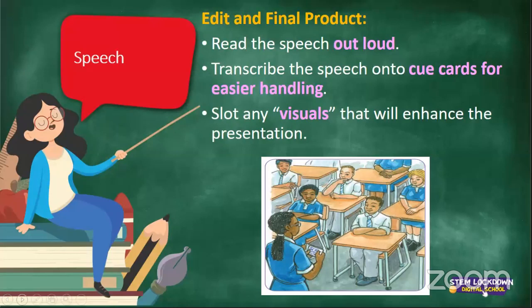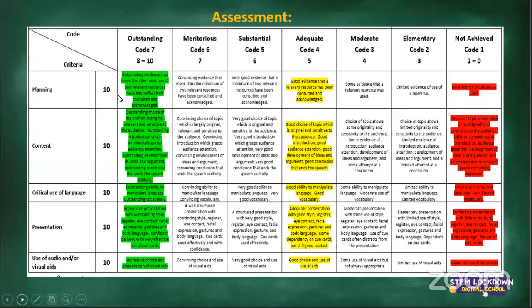If you look at the learner in the picture below, she has small cue cards. She doesn't have a big piece of paper. She has small cue cards. She's looking at them briefly while making sure she is maintaining eye contact with her classmates. And her classmates are looking at her attentively because maybe what she's sharing is interesting. Okay, so when you present a speech and